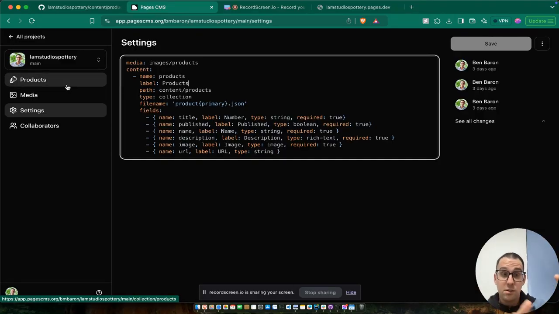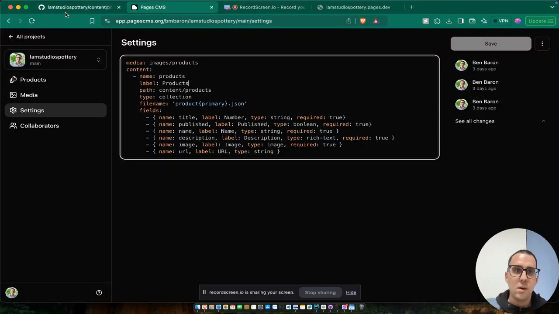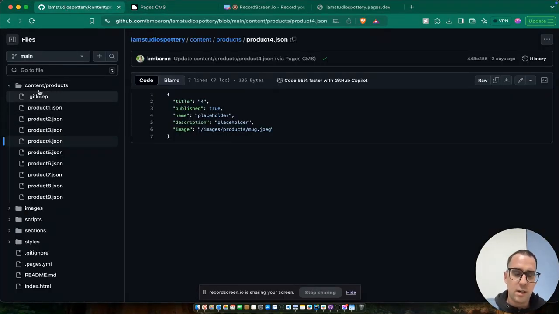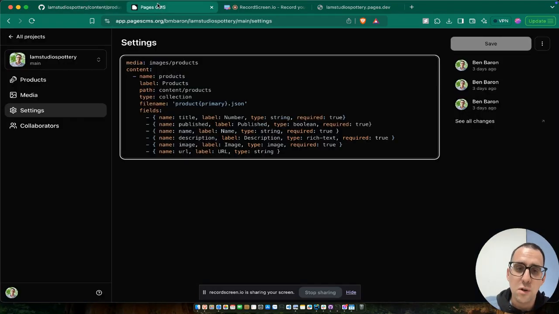If you're logged into Pages CMS, you can change things on here, and what it will do is just change what's going on in your code in your product. In this case, I'm using JSON. You can use other formats too. It's very configurable. So just to show you what my solution is doing, I'm creating